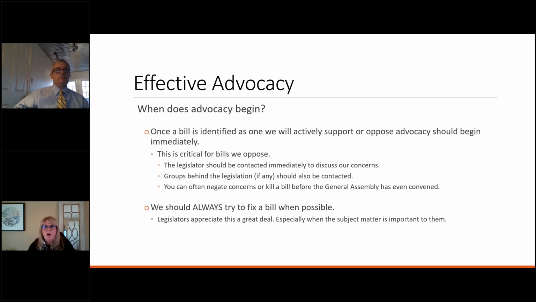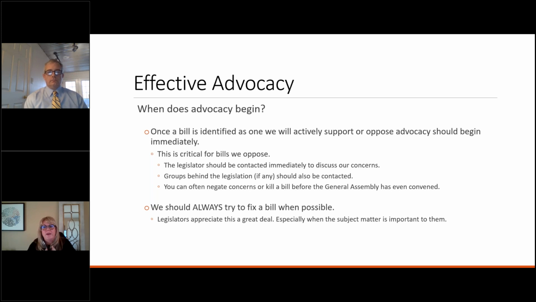We always are going to want to contact, like I mentioned, the other stakeholders to see where they stand on a piece of legislation. And we are often working with those groups to either address the concerns or to try and kill the bill altogether. And we have been very fortunate in the last several years that we have been extremely successful in killing pieces of legislation that were totally unnecessary, or were going to have unintended consequences. But killing a bill is really the last resort.